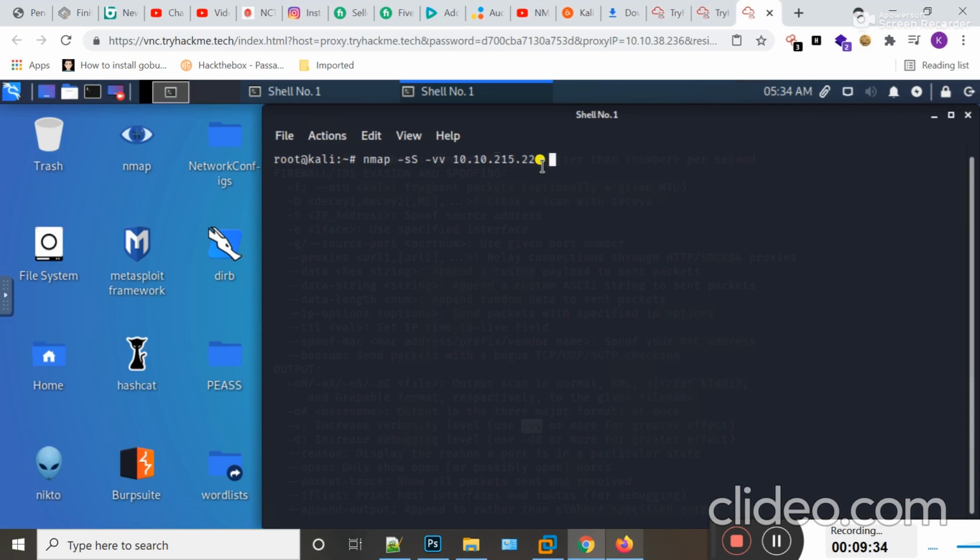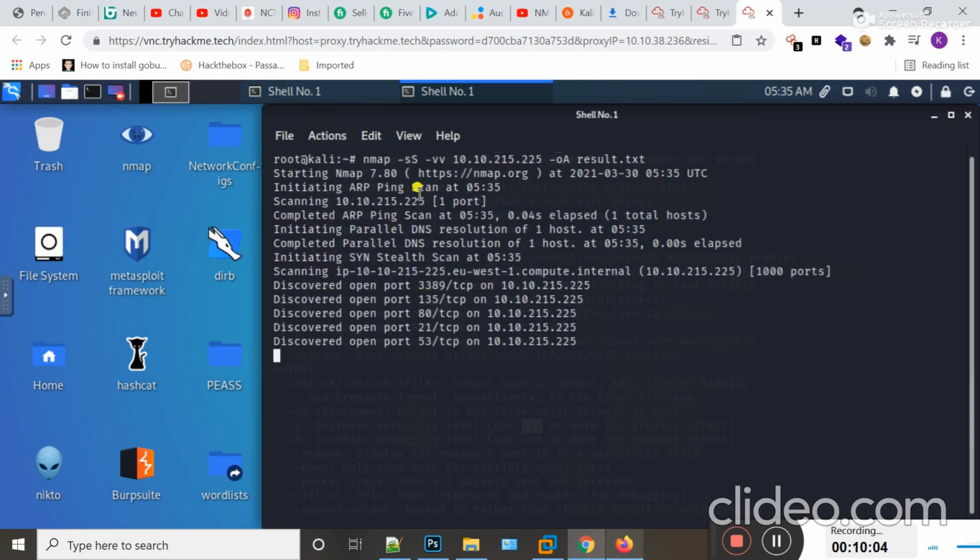Now I want to store this scan result in a file, so I should use the -oA switch and then the name of the file, result, and hit enter. So here you can see Nmap starts scanning the target machine again.